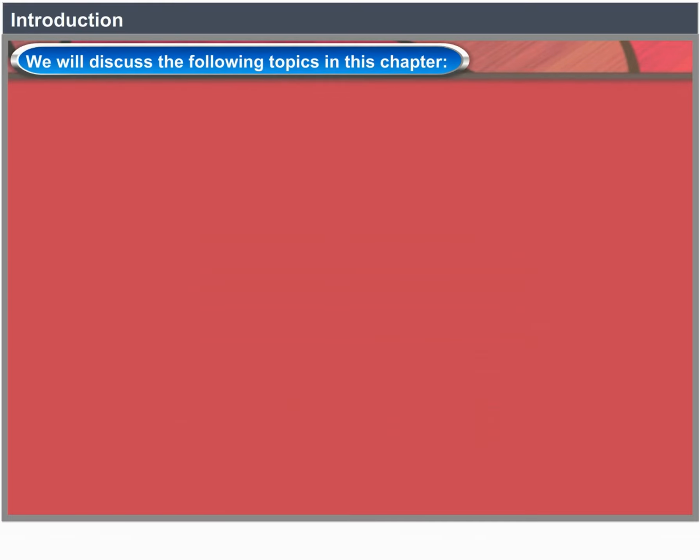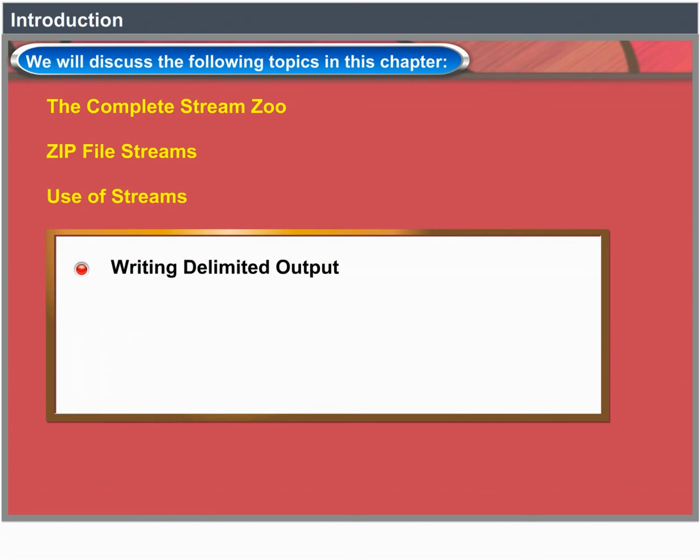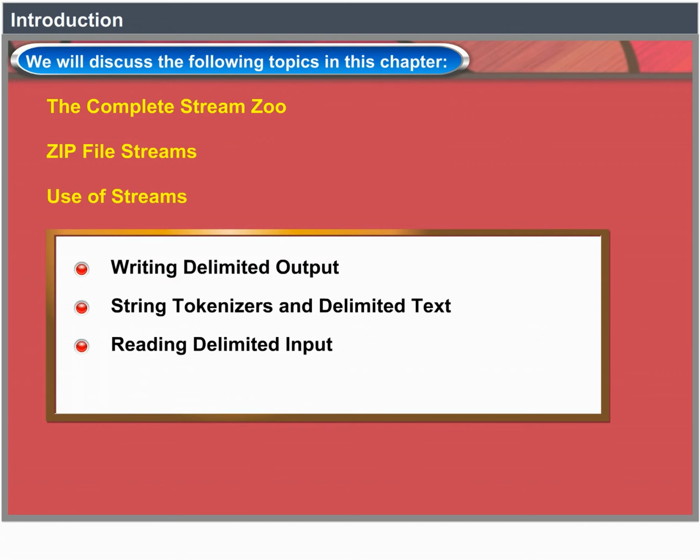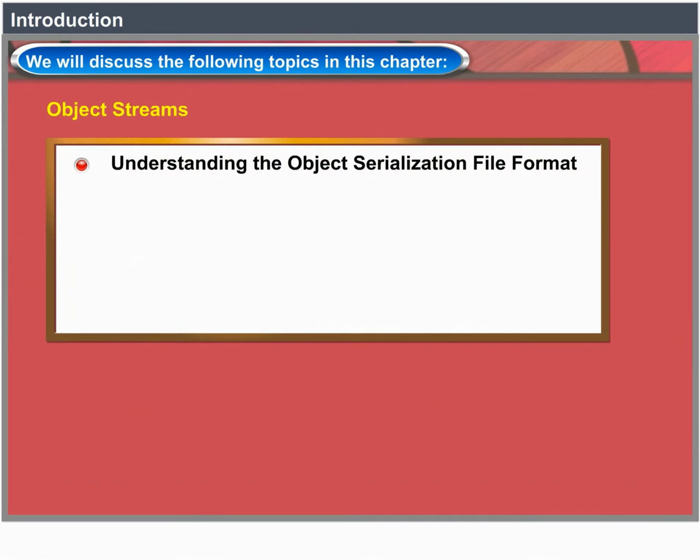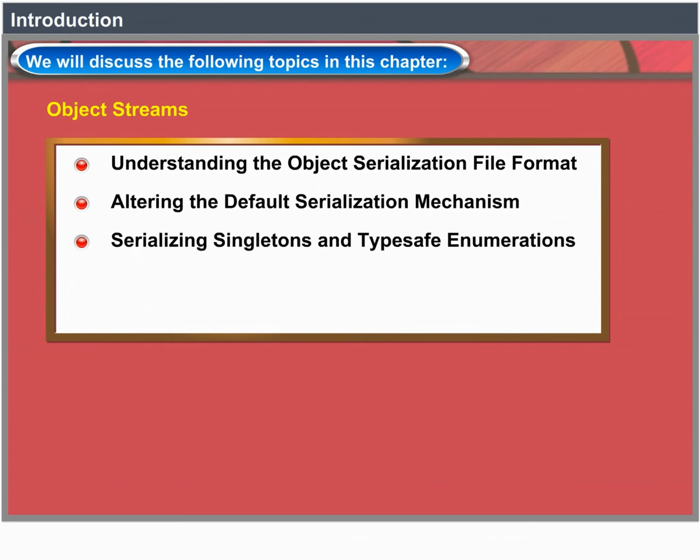Streams and files. Introduction. We will discuss the following topics in this chapter. The complete stream zoo, zip file streams, use of streams, writing delimited output, string tokenizers and delimited text, reading delimited input, random access streams, object streams, understanding the object serialization file format, altering the default serialization mechanism, serializing singletons and